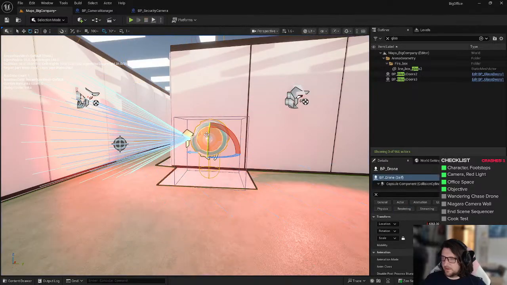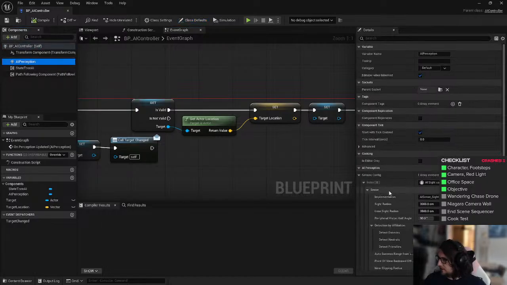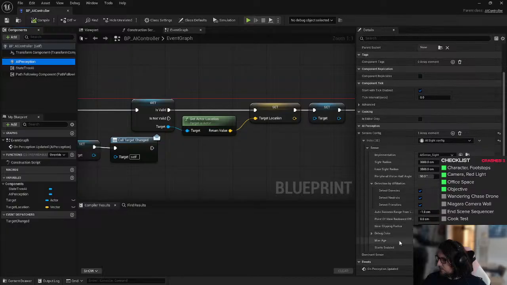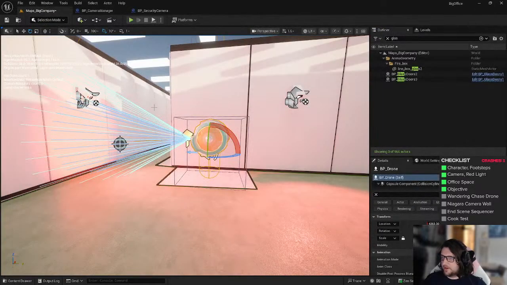His view is extremely wide. So it's this 90 degrees here. We'll go 45. And then